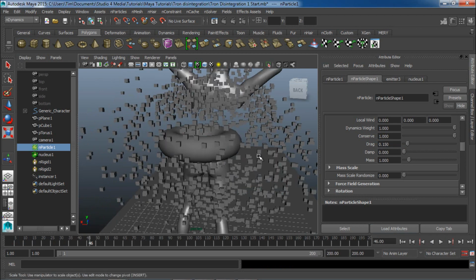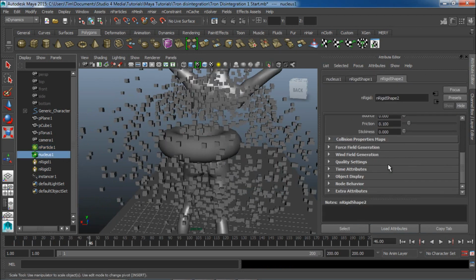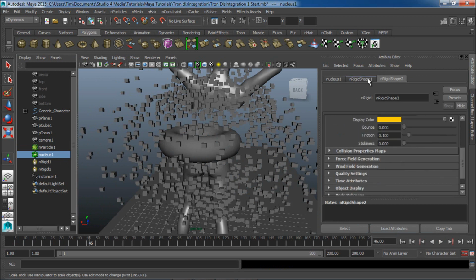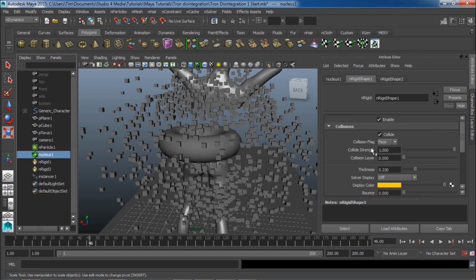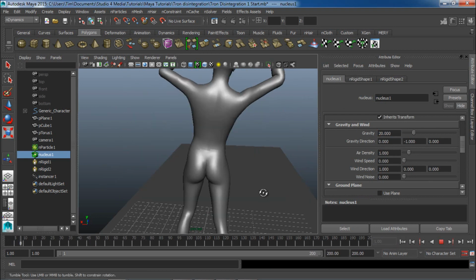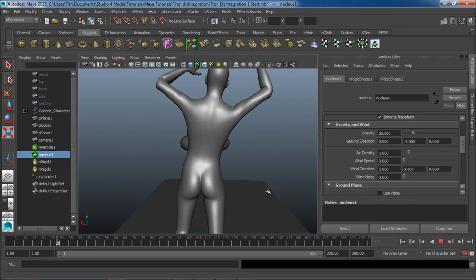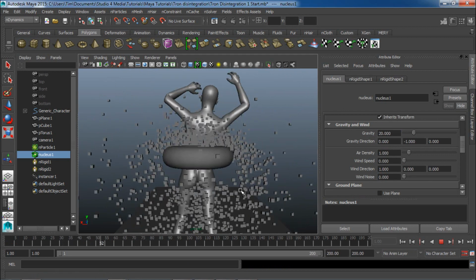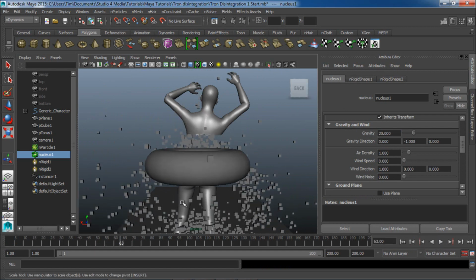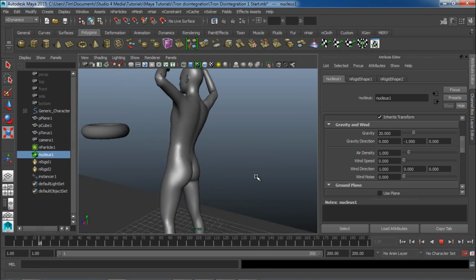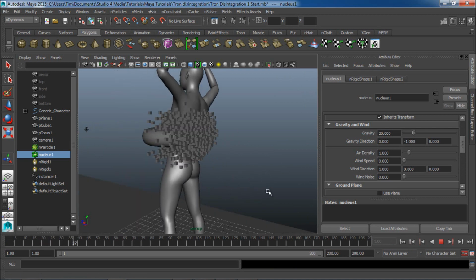Now that's looking a lot better. I'm going to go in here to the nucleus. Let's turn this gravity. There it is. Turn it up to 20 maybe. Yeah, that's looking better. Much better. So the dude just gets clobbered, and then, you know, it would suck to be made out of cubes because